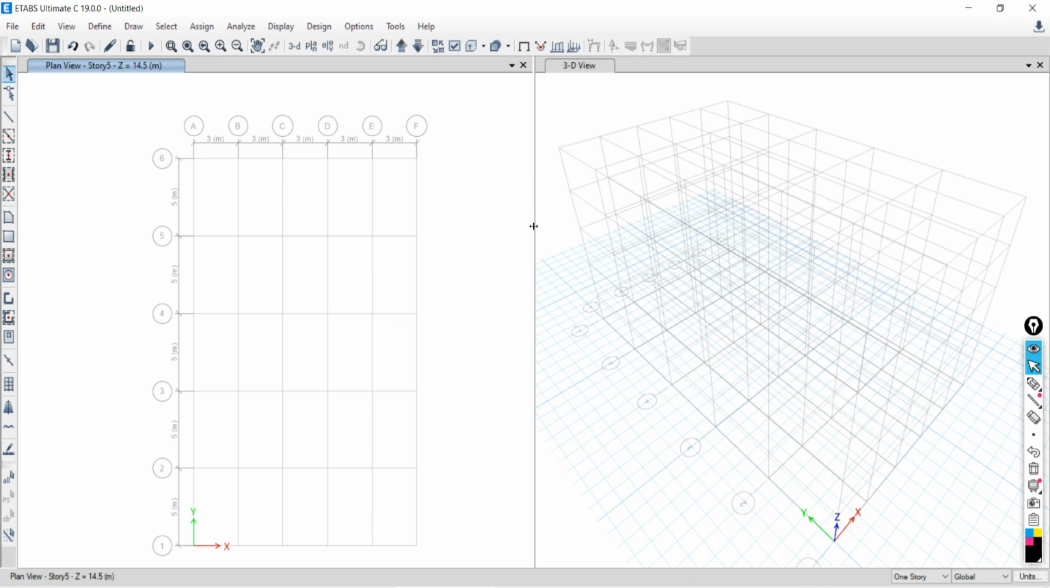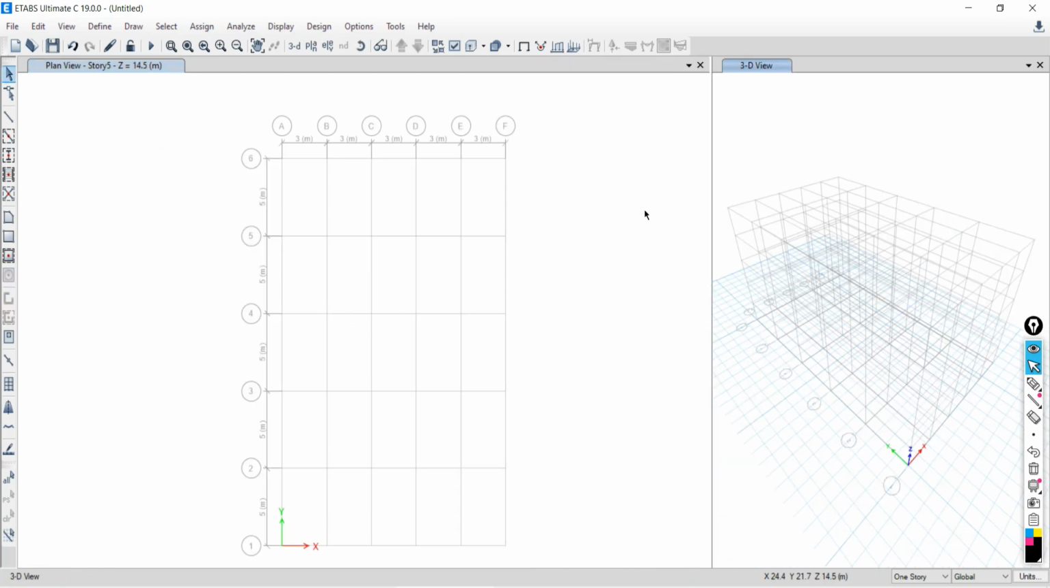Now see, the grids are available. Your grids are actually available. This is the plan view of your grid. This is the 3D view of your grid. But you may say that it is not clearly visible. So I told you